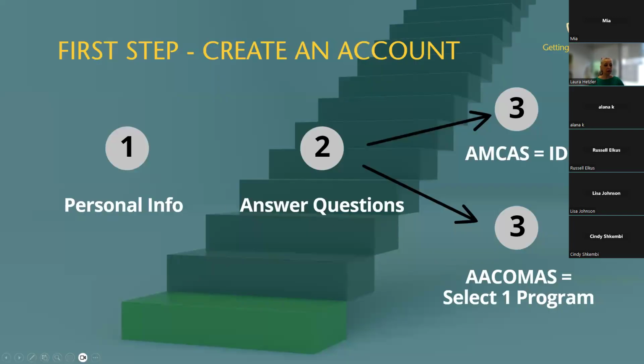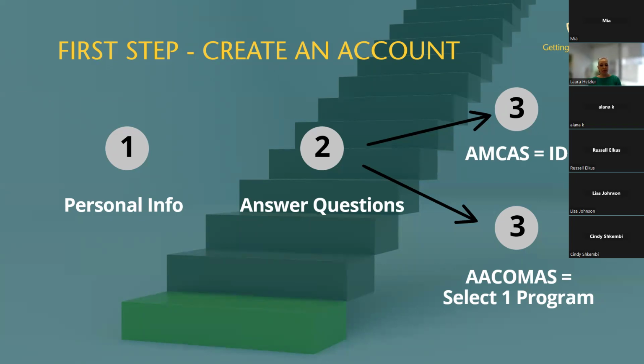Your first step, no matter what you have to do, is going to be to create an account. If you've never been to either one of these, so people who have never applied before, as opposed to those who might be reapplicants, it's going to start by asking you some personal information. There are going to be questions you need to answer about the really, really basic things. Your name, your gender,